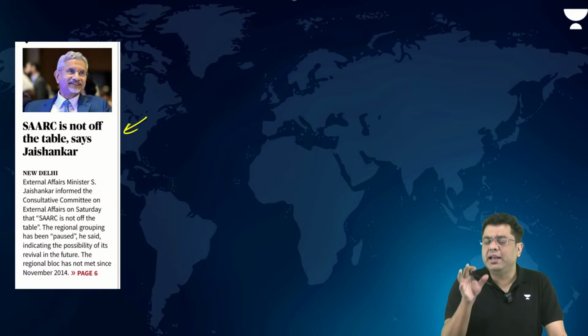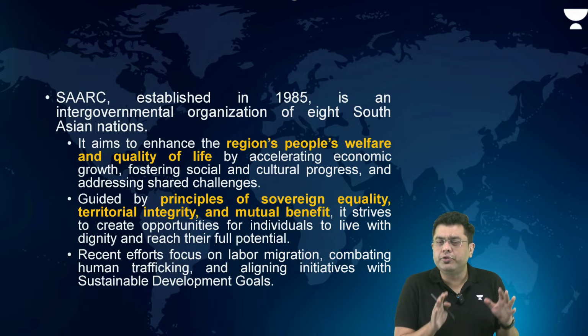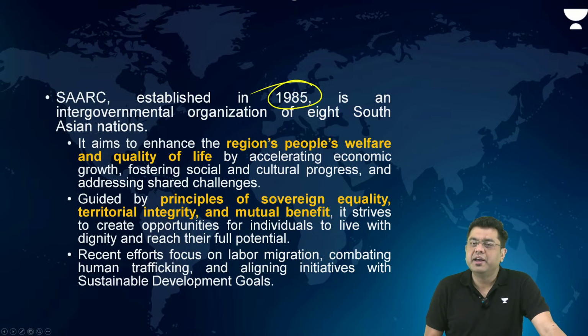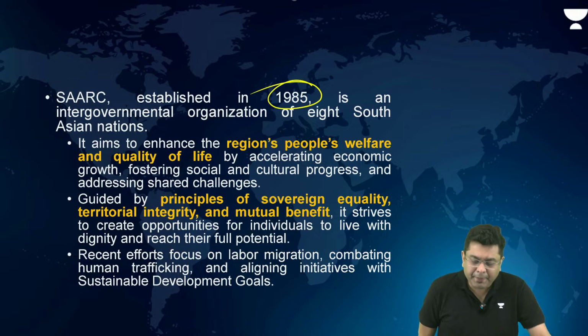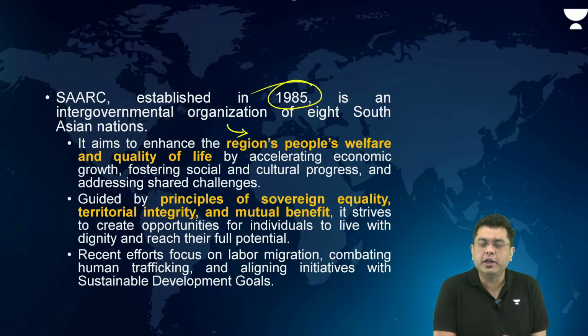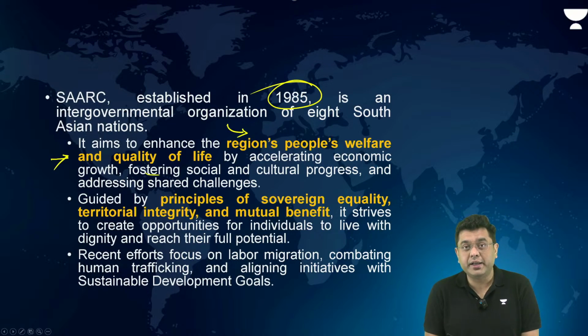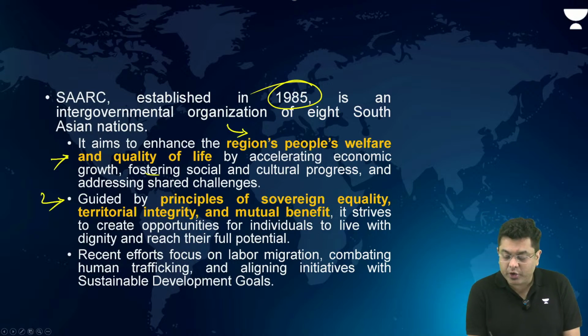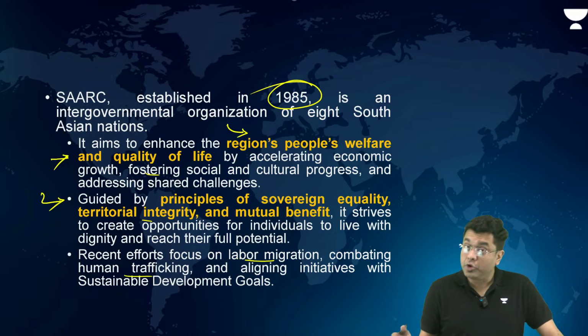Now, SAARC is a group of 8 member nations of South Asia. It was established in 1985 as an intergovernmental organization. The purpose: to enhance the region's people's welfare and quality of life by accelerating economic growth and fostering social and cultural progress, guided by principles of sovereign equality, territorial integrity, and mutual benefit, and also focusing on labor migration, combating human trafficking,